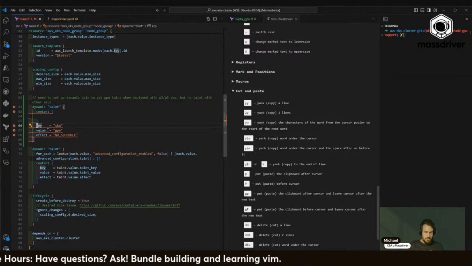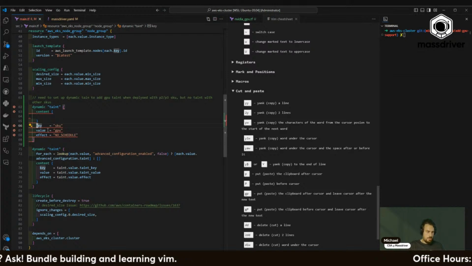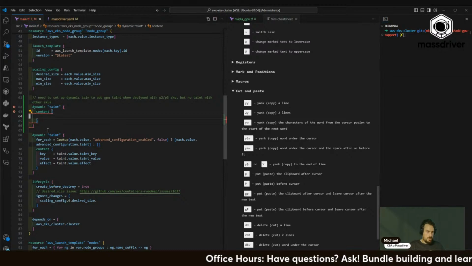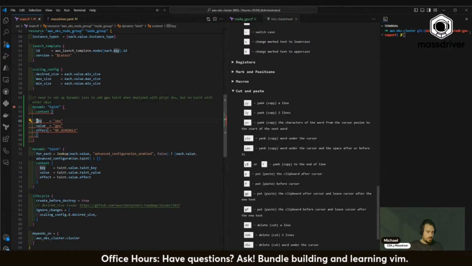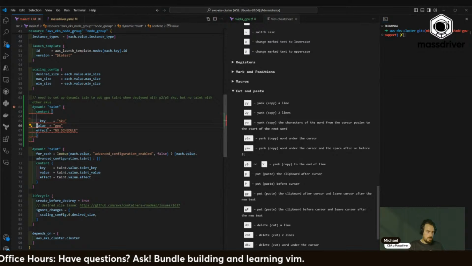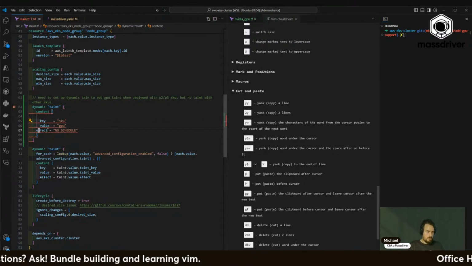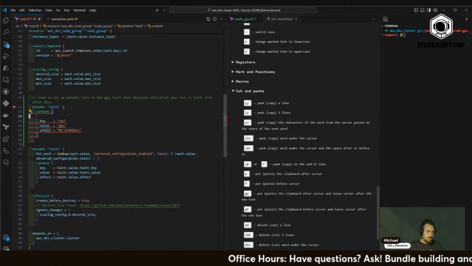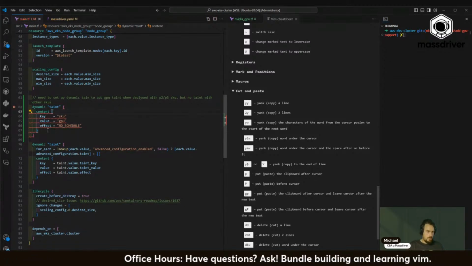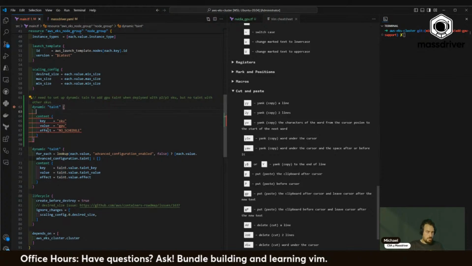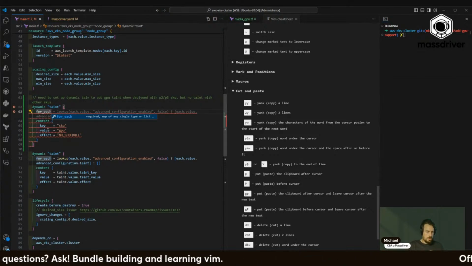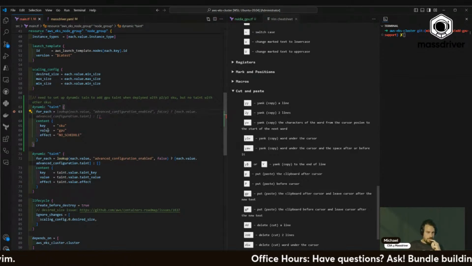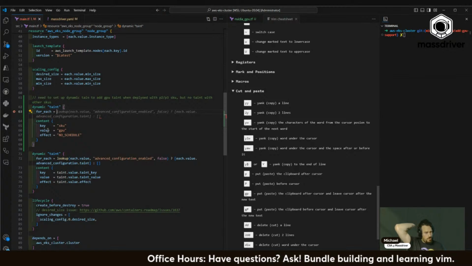So that cuts the line. So 3DE. And then I can go up and paste. Sweet. So insert tab. And then we need to go up into Word. What is this Copilot trying to do? I don't need it for advanced configuration. So I need it for